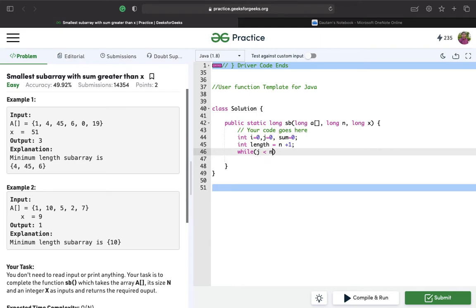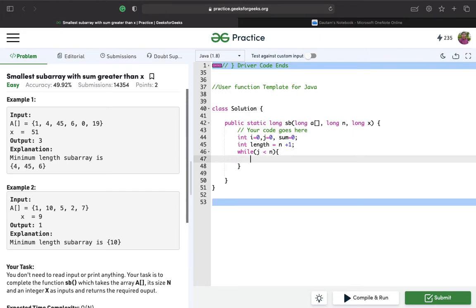So we'll write this while loop, and now we'll check if the current value of sum is less than or equal to x, and if j hasn't reached the end.